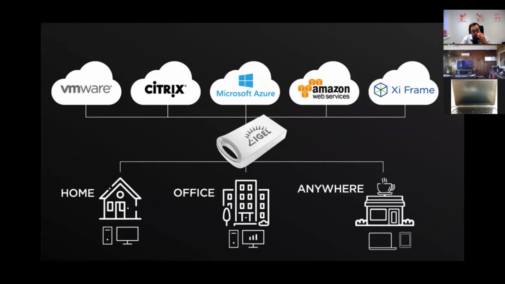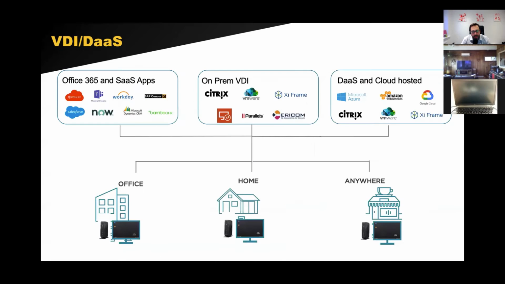And once you're up and running with IGEL OS, you can then connect in to any VDI or desktop as a workspace platform, whether that be VMware, Citrix, WVD, Amazon, or something running on Nutanix Frame as an example. Not only that, but because we come with a built-in web browser, we'll give you the ability to connect into all those SaaS-based applications, and probably most importantly, Office 365.